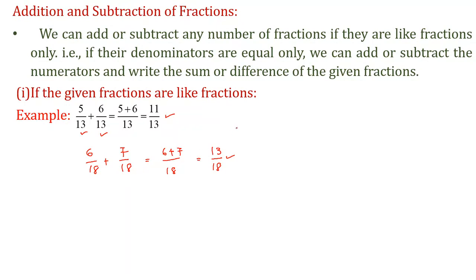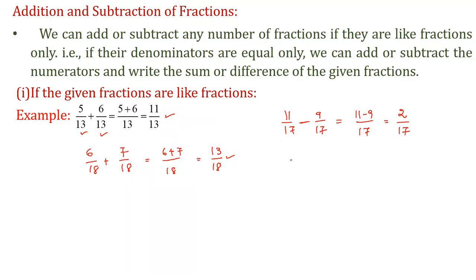Okay, so if the given two fractions are like fractions, it's very easy to add them, and you can subtract the given fractions also. So I am taking here 11 by 17 minus 9 by 17. Here also observe the two denominators are equal, so these two are like fractions. Take the denominator as it is and subtract the numerators, if it is a subtraction symbol in between these two. So 11 minus 9 is 2 by 17.